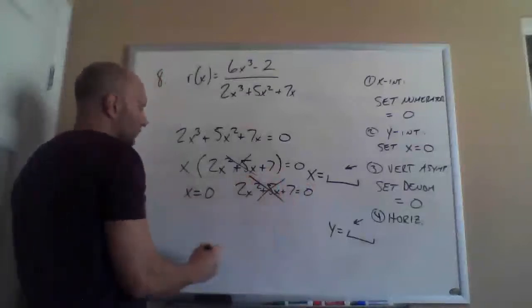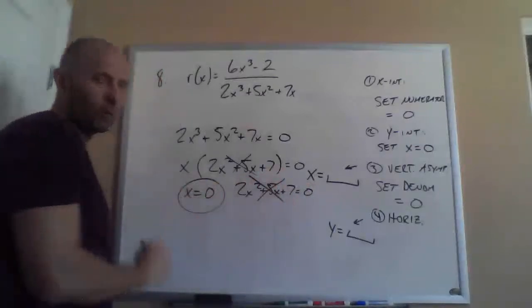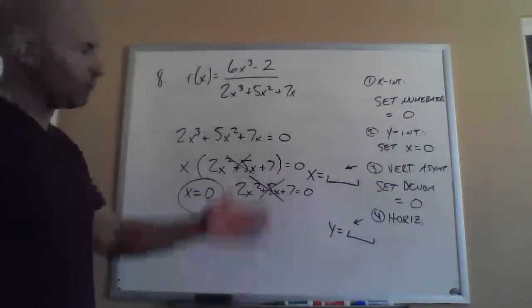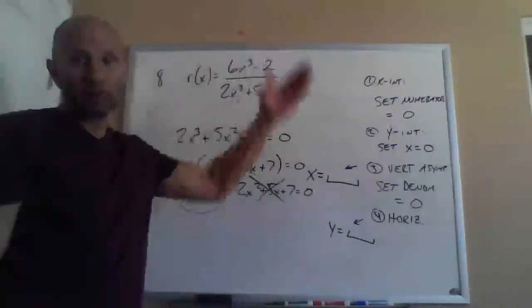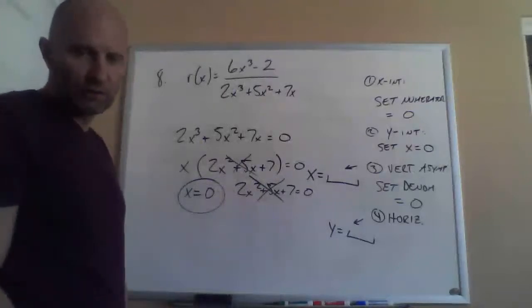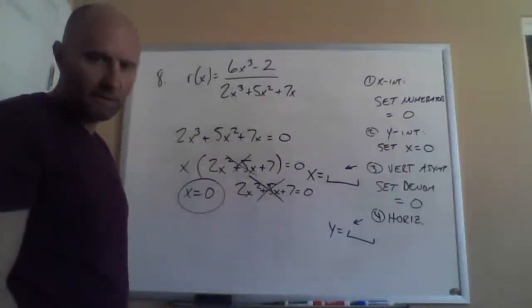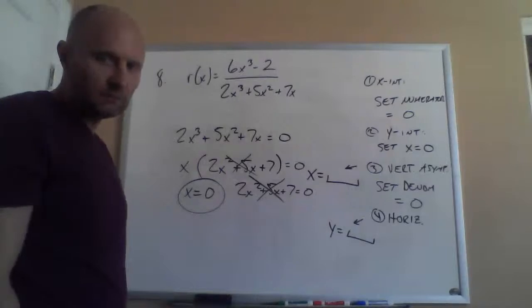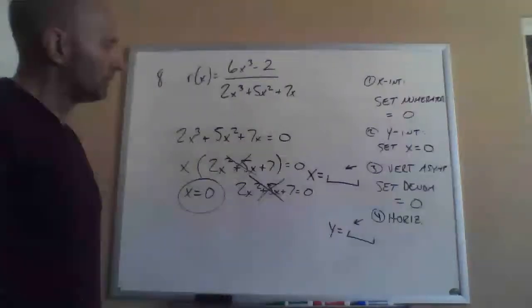This doesn't give us any real solutions. So all we have for the vertical asymptote is x equals 0, basically the y-axis in that case. Any questions on that before I move on? All right, so then next,